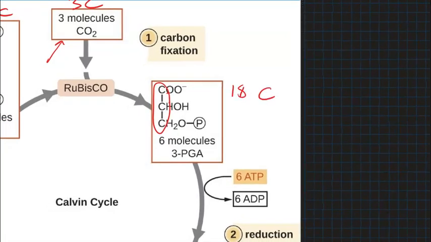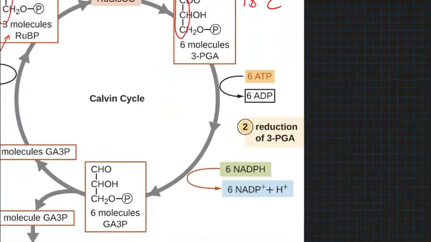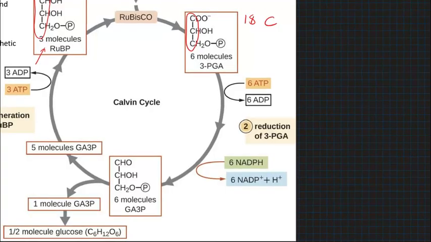So 18 carbons. Phosphoglyceric acid is ready to be reduced. So the energy for the reaction comes from ATP. The electrons for the reduction come from NADPH. Right? And what we get in the end